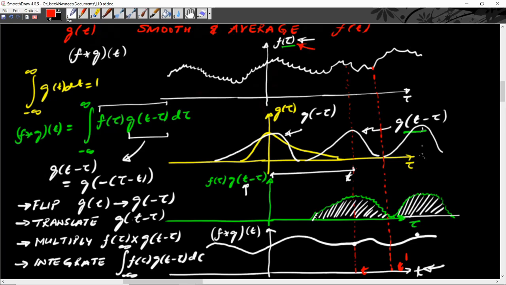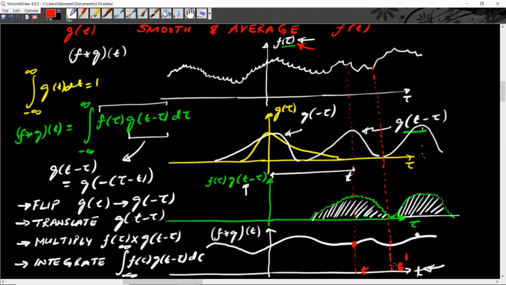So this is what we add up or integrate, and we take a weighted average of the values of the function f of t, and using this weight, that is this g of t minus tau, to get a single value over here. So similarly, if we do this weighted average at a nearby point